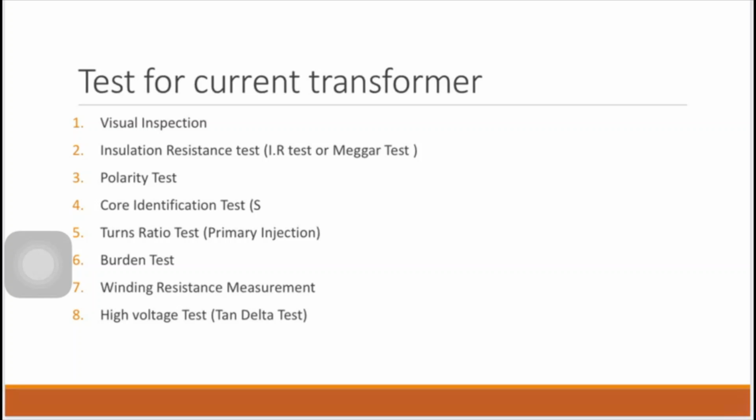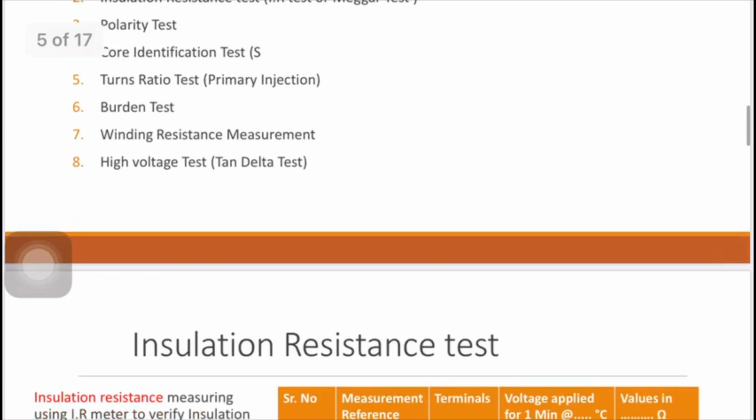And if it is too dusty, before conducting the test we have to clean the current transformer, CT, and we have to inspect the tightness of the secondary terminal and the ferruling. If there are 4 cores, proper ferruling has to be made to identify which core, for example 1S1, 1S2, 2S1, 2S2, 3S1, 3S2, those things.